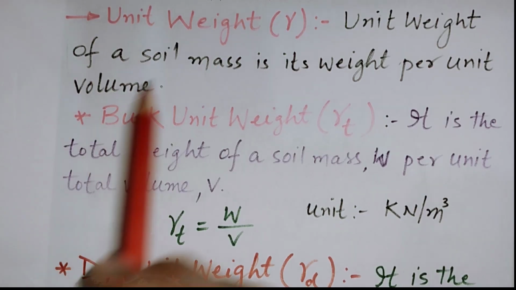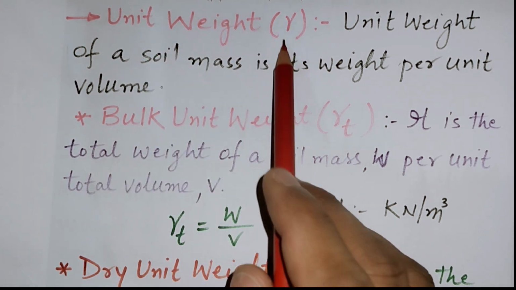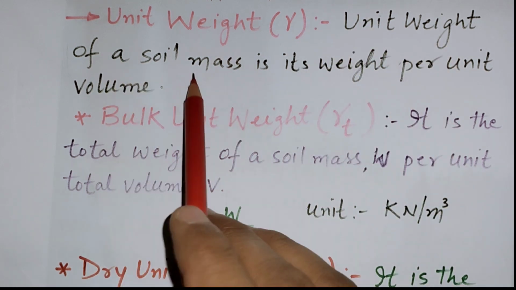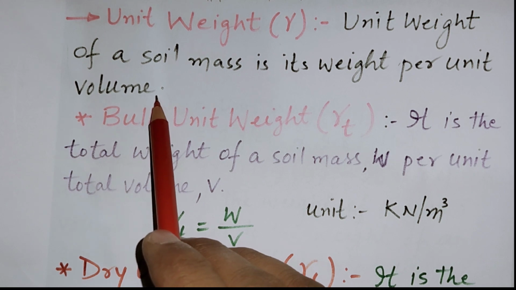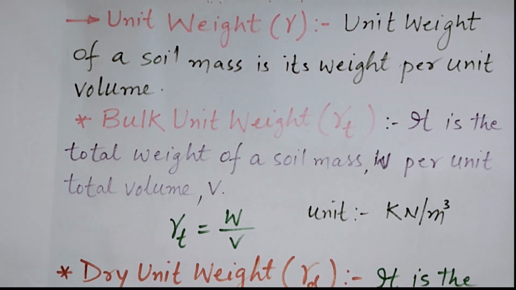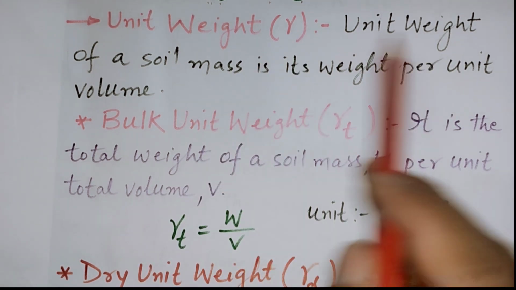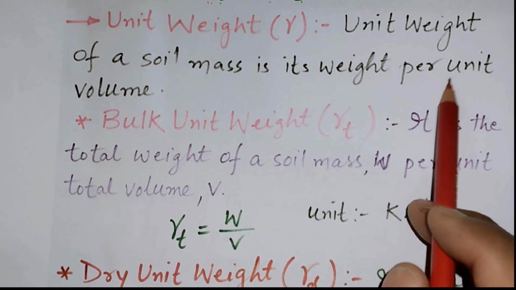Very important definition, unit weight. Symbol is gamma. Unit weight of soil mass is its weight per unit volume. So unit weight of soil mass is its weight per unit volume. Remember,